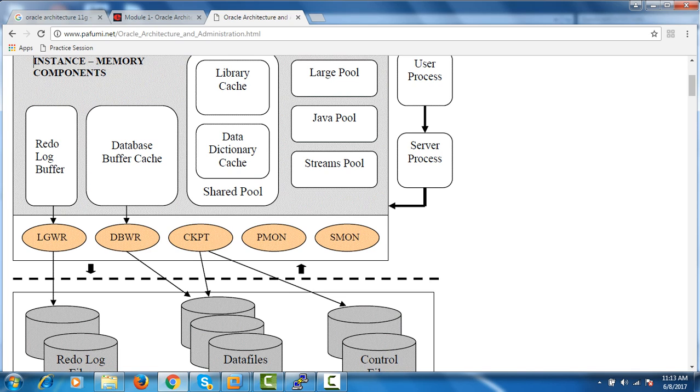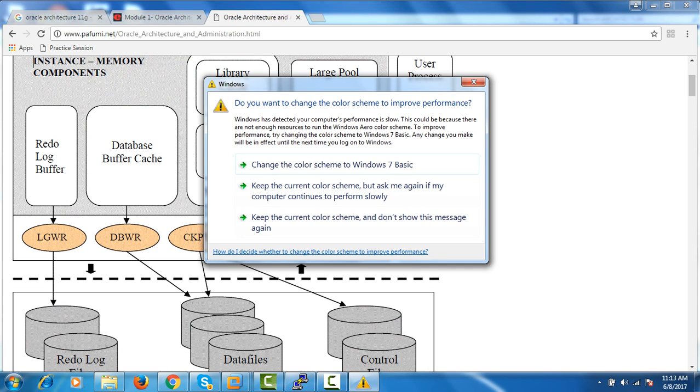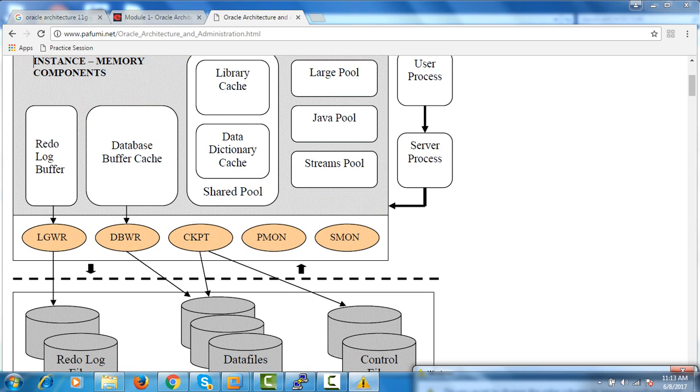Means if you change anything in your website or your application, then the logs automatically go to the redo log buffer cache. And there is a mandatory background process working on the redo log buffer cache called LGWR. LGWR is the log writer. The log writer automatically takes the data from the redo log buffer cache and keeps it in the redo log files.